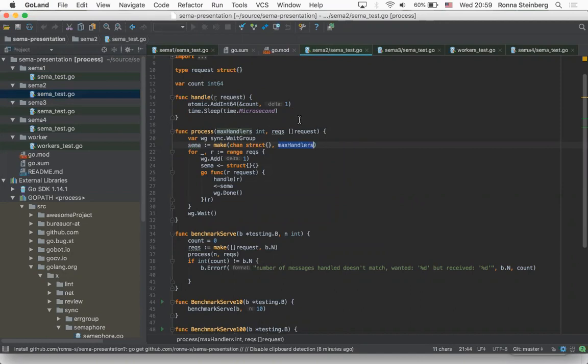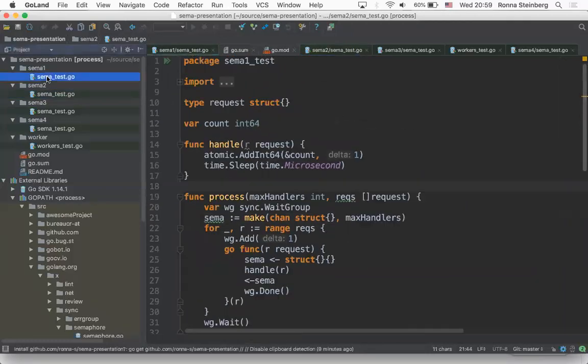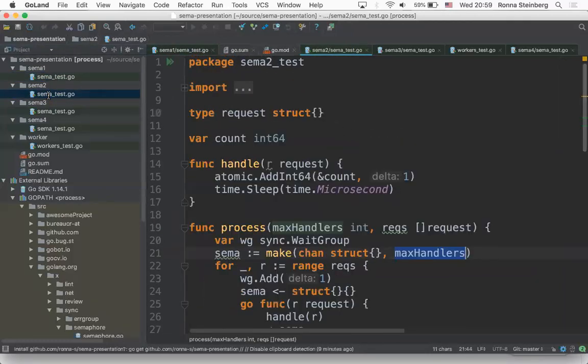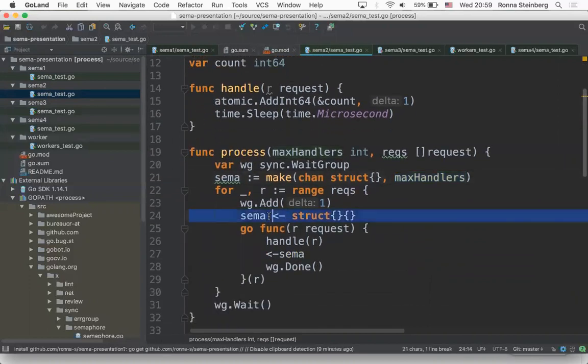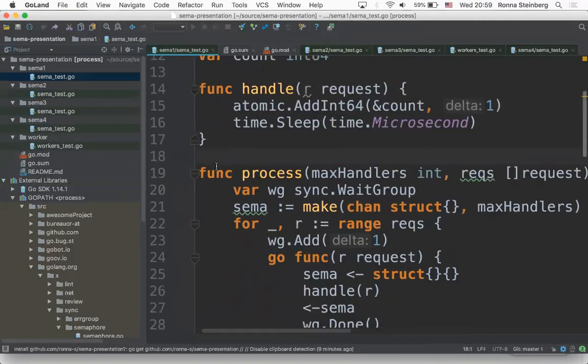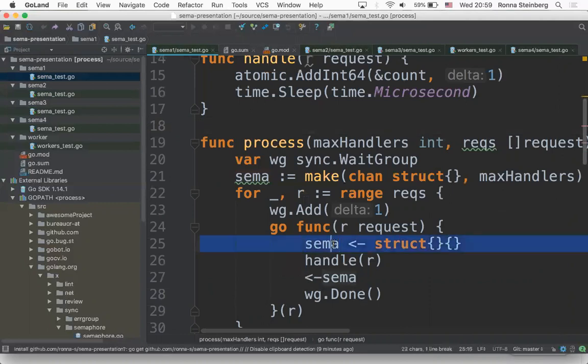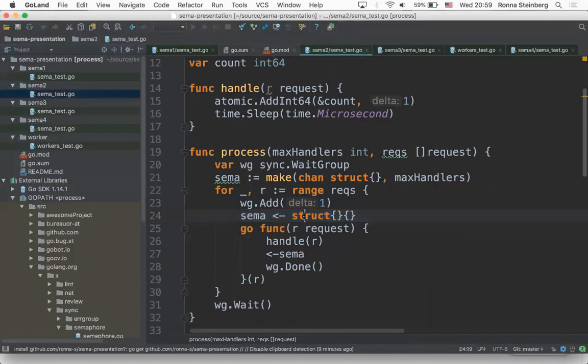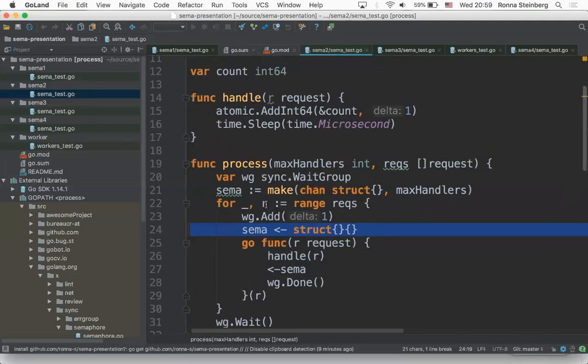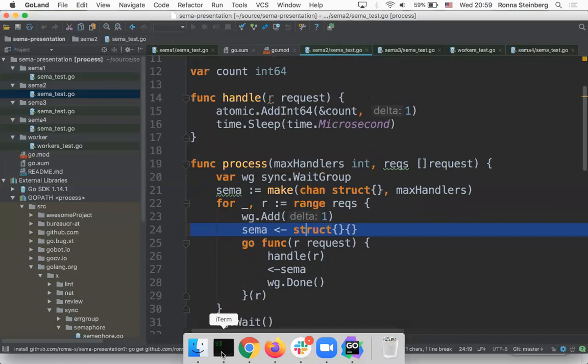So moving on to the second approach. The second approach says basically the same thing. It's exactly the same. If I manage to zoom in just right, you will see that there is no difference between this code and this code, but of course I can't. The only difference is that this line, the acquiring of the semaphore, happened here after we spawned the Go routine, so inside the Go routine, and here it happened before. And this is where things get interesting, because I was absolutely certain that this would be slower, except,